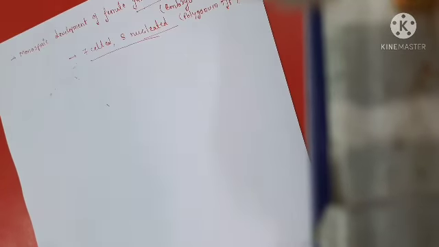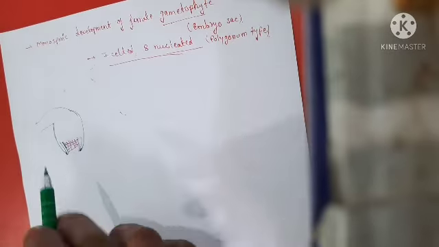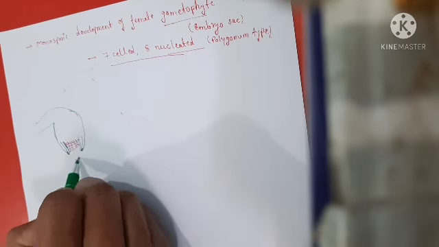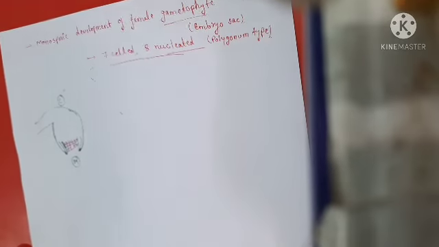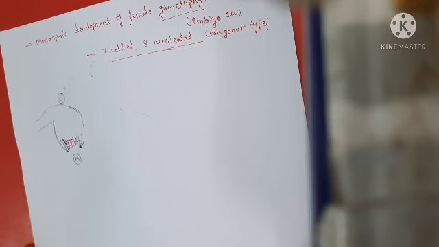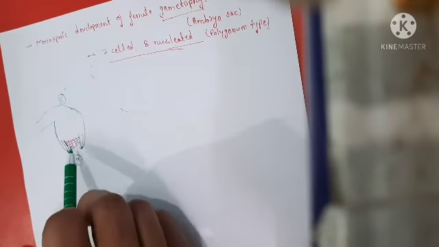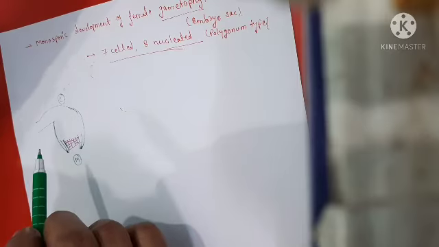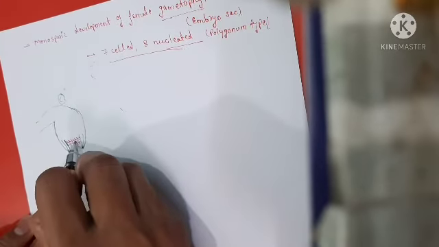So friends, here we draw the structure of the ovule where the micropyle is at the lower side and the chalazal end is at the upper side. So tell me friends, which type of ovule is it? It is an anatropous ovule. Okay, here we draw a structure in it. It is integuments, it is nucellus, and after that inside it there is a structure.